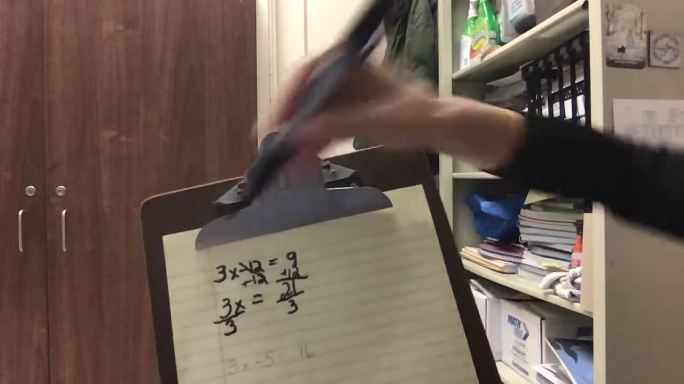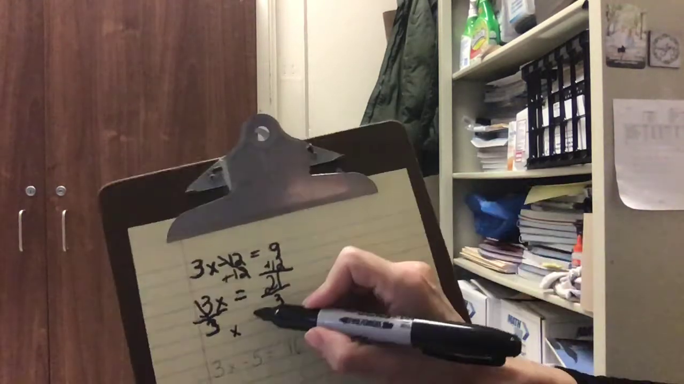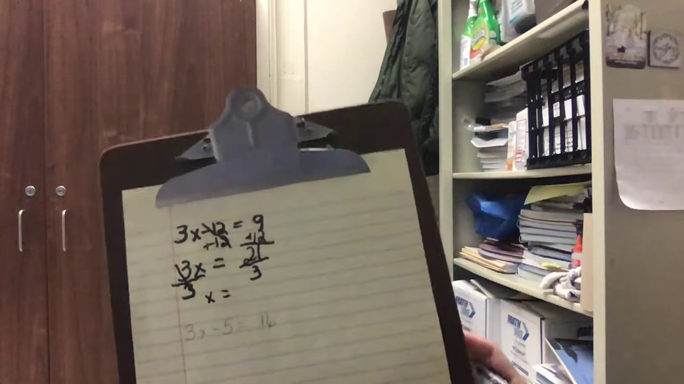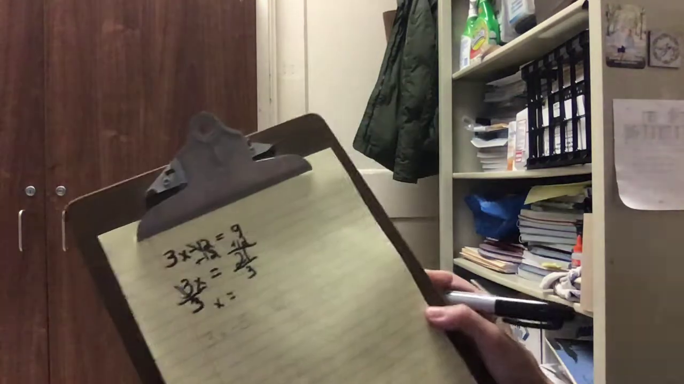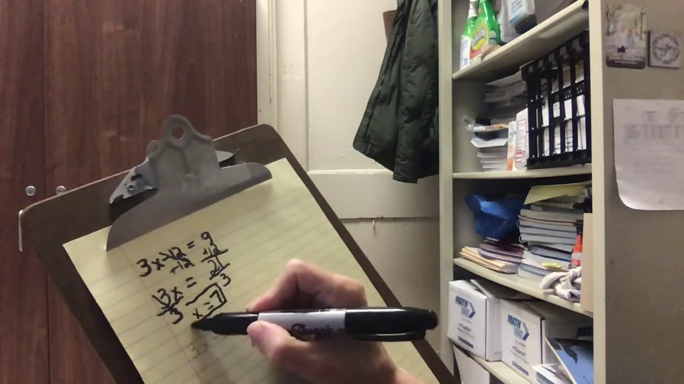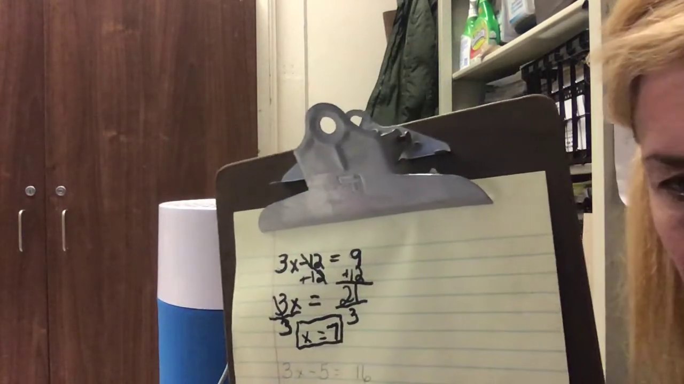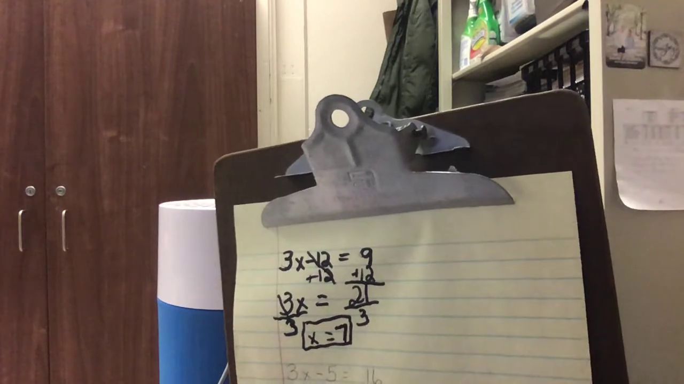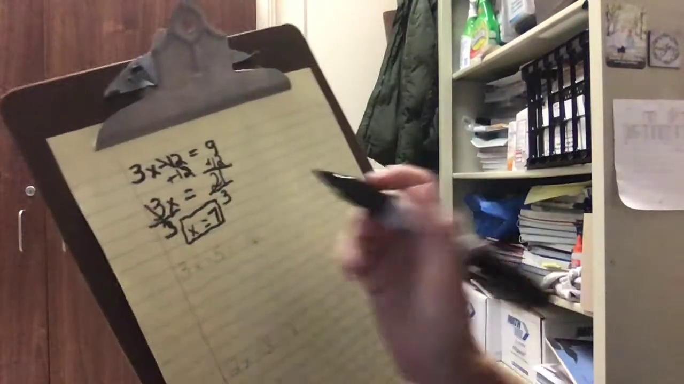Okay, now you're going to have those 3s gone. You have your x alone. You bring your equal sign down and you divide. 21 divided by 3 is 7. And for your first equation, x equals 7. Okay, your next equation,